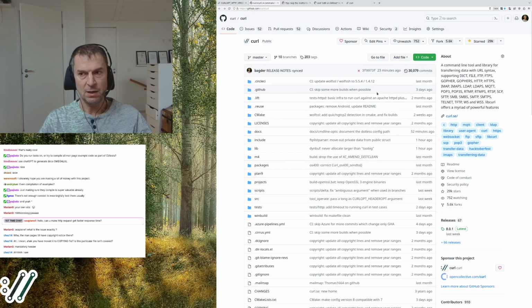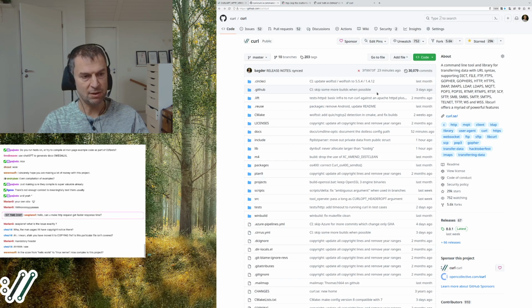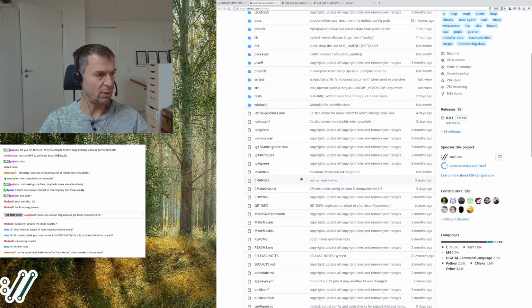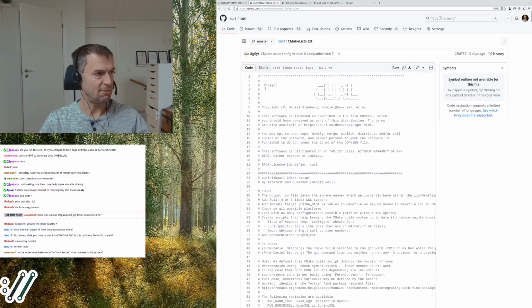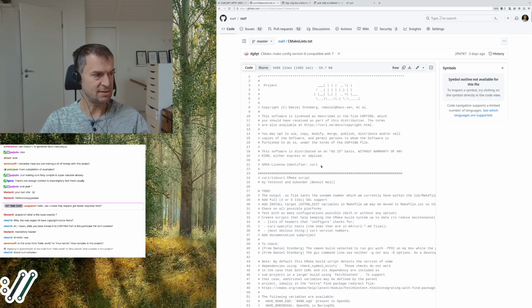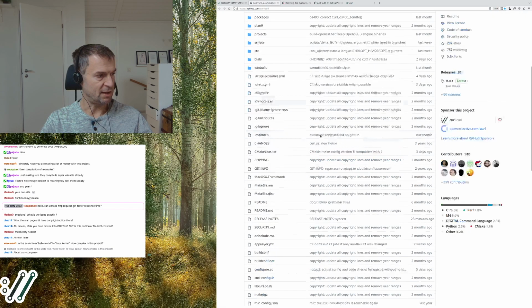But in order for everyone to know about this license, first there are a few files that are licensed differently, and then there are a few files that are copyrighted differently. And in order for everyone to know exactly how the state is for every file, if you just pick a random file anywhere here, you want to know the specific copyright and license status for it. So it's important that everything has a header which says copyright and license identifier. And you can find that in all files.